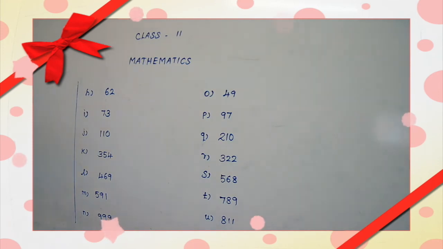See the first one, face value and place value. Face value means you take and write the number. Okay, the same number. You see the underlined number and fill it in the face value place.